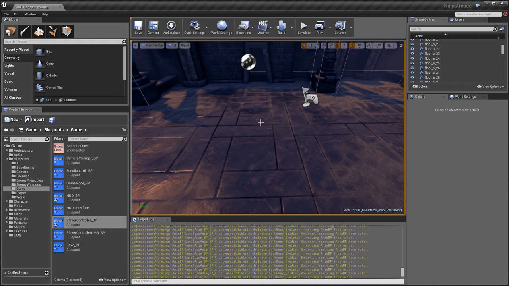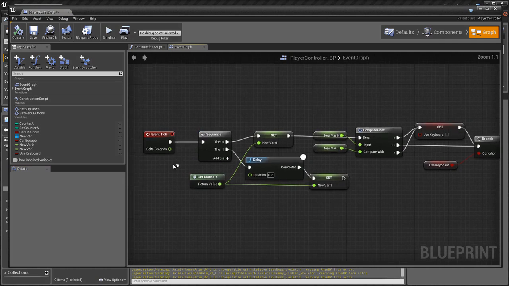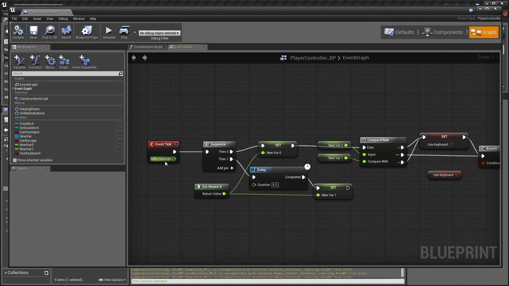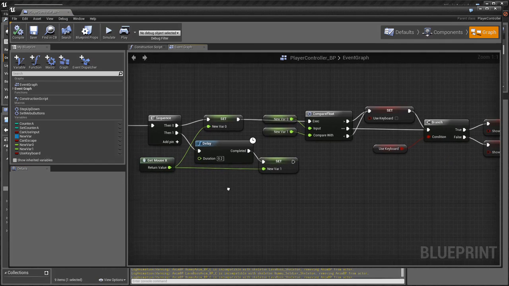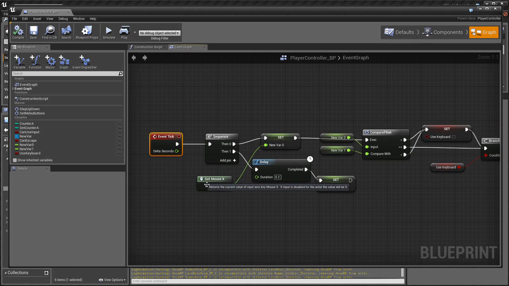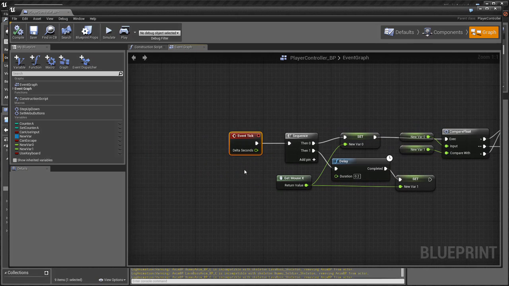in the older versions of the engine, I think version 4.1 or 4.2 was the last version that it actually worked correctly. Anything after that, it doesn't work correctly. So again, except obviously for the tick event, and there's nothing I can do to make this thing tick. There's no setting for tick being paused, and even if I tell the player controller to be tickable while paused,